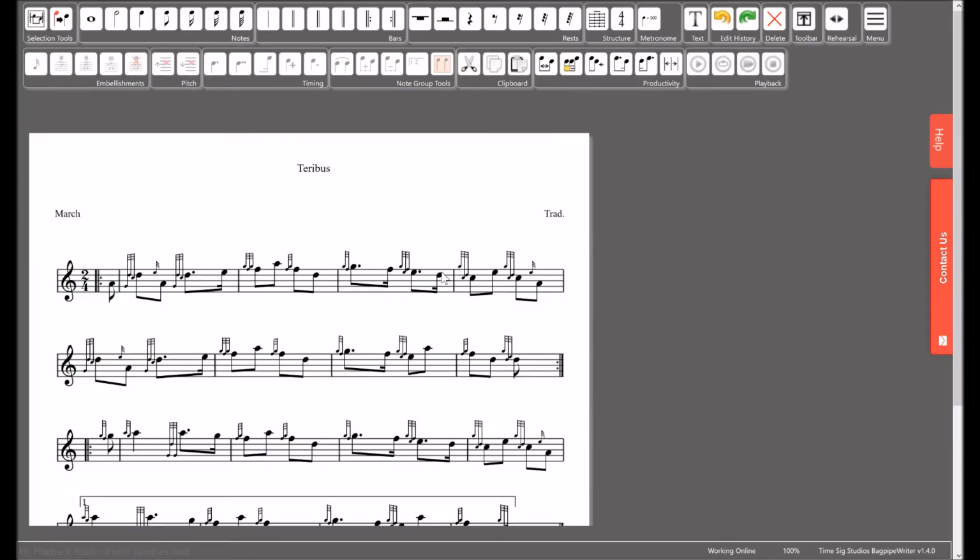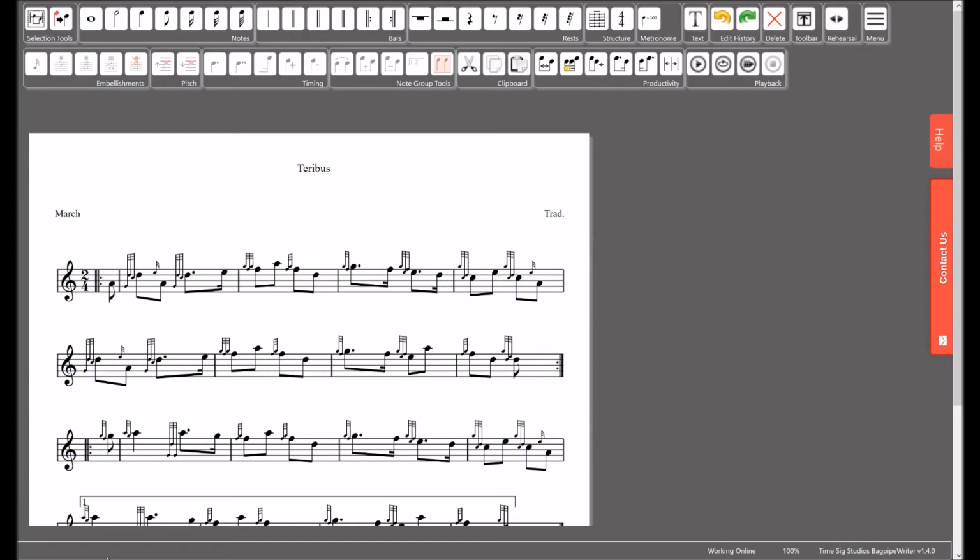We could now go ahead and edit the score just like any other score inside BagpipeWriter. For just now, we won't do that, as we're going to create a new score from scratch. One thing to notice is at the bottom of the screen, you'll see that BagpipeWriter is telling us that it's loading samples. Here you see that they loaded quite quickly, as this computer has been used before to download BagpipeWriter